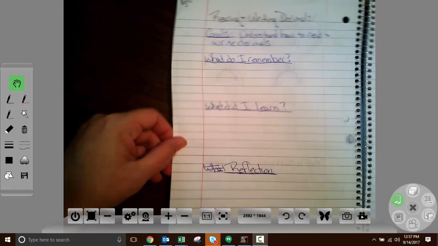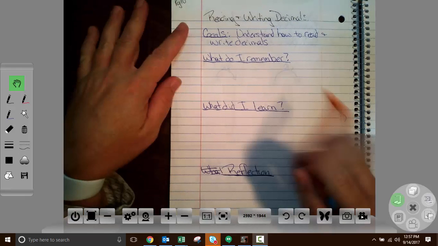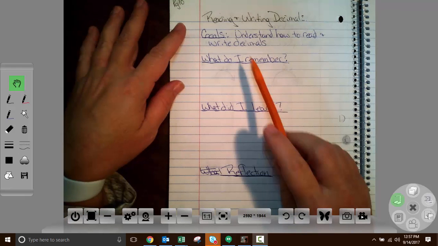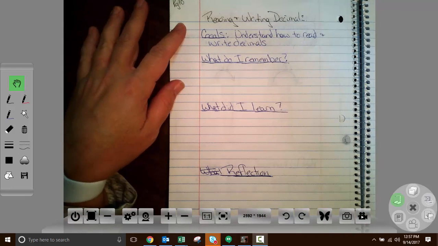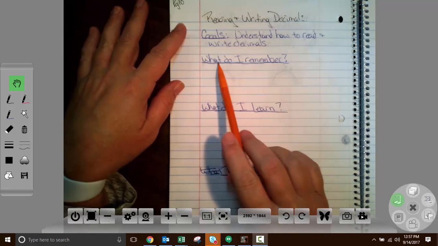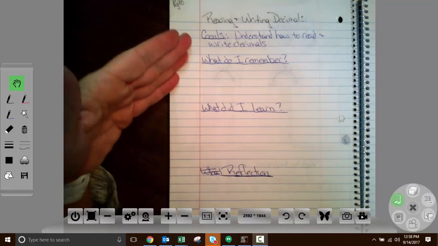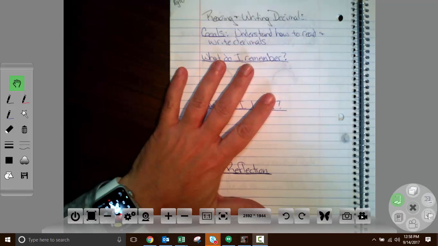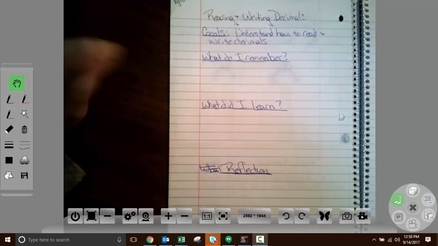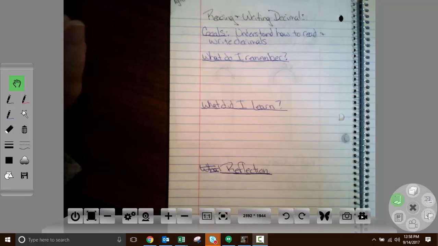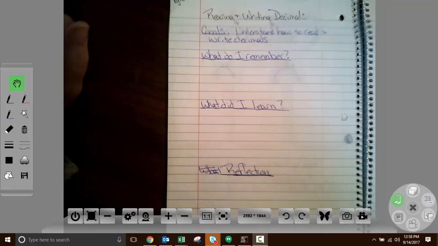In class today, students worked on page 10. They wrote down their goals. The goals are understanding how to read and write decimals. Then I gave the students about 2 minutes to write down what they remember. Please check your students' notebook, make sure that they have this information on the left-hand side, and review what they remember. If they don't remember anything, okay, that's fine, but then that's an indicator that they may need some review